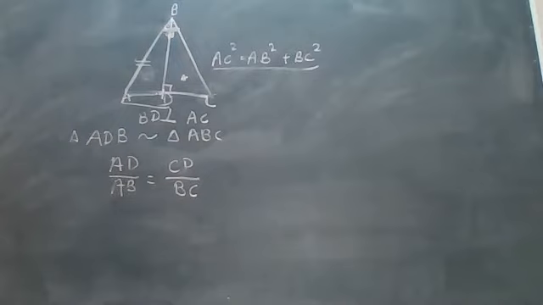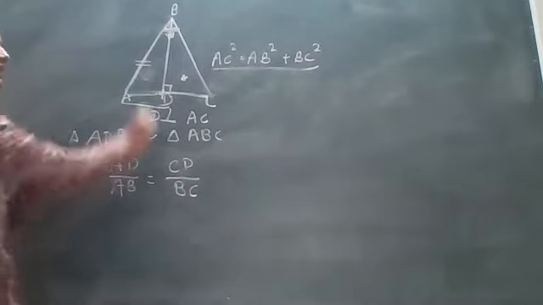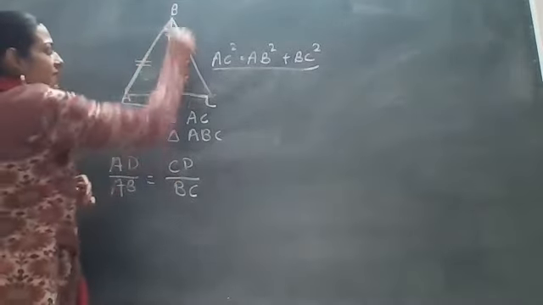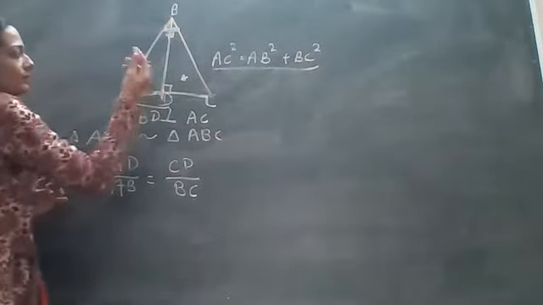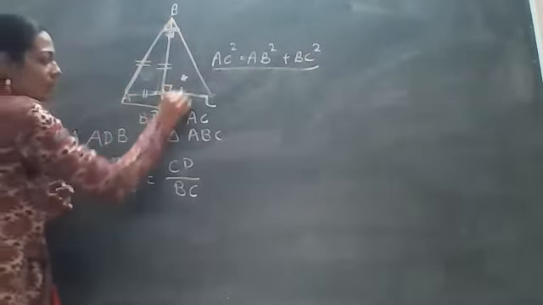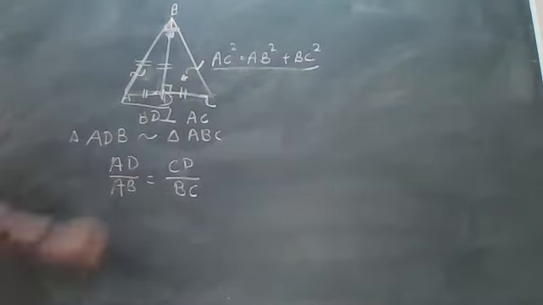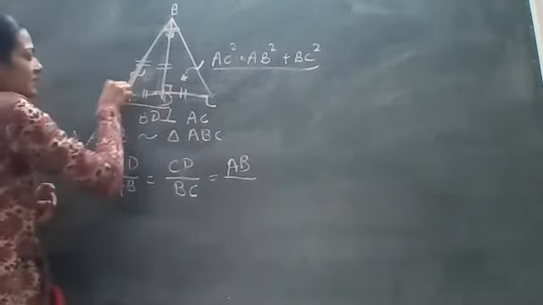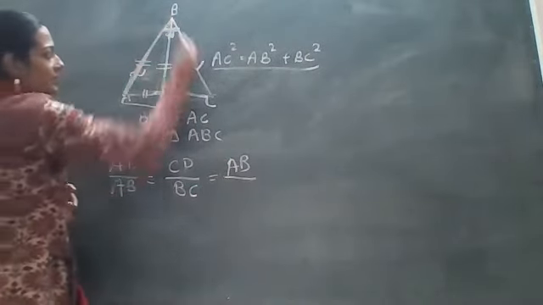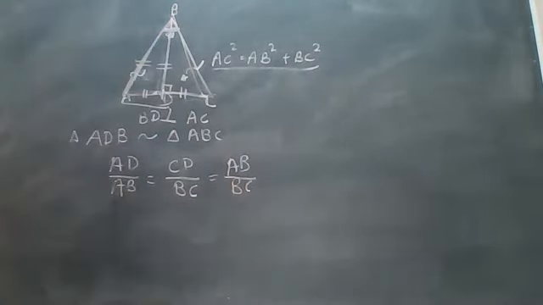Okay. Now, further what can we write? We can consider this triangle and this triangle. We can also write AB upon AC whole. This will be the same, its half and this half are the same, and these are equivalent. Okay. So here also we can write that it is equal to AB, this AB of this triangle and another triangle of BC. So BC should also be equal.